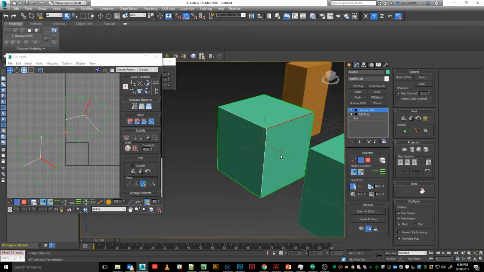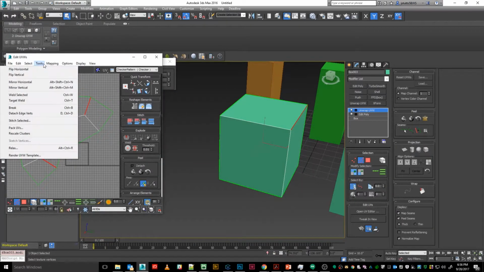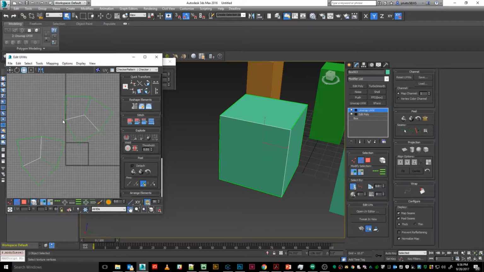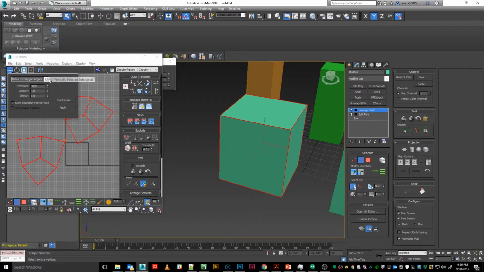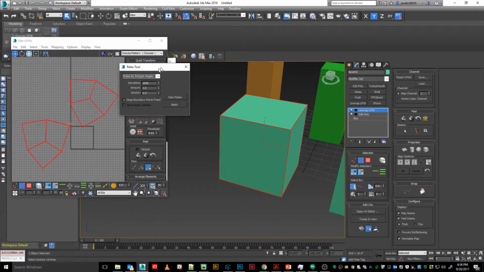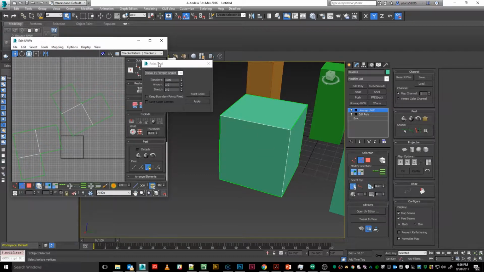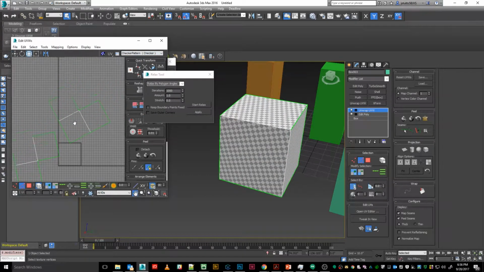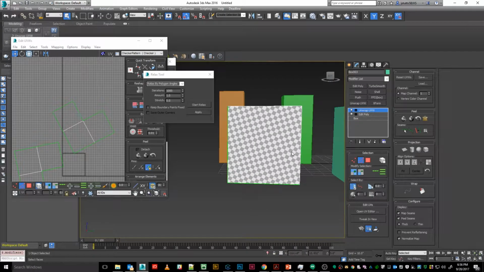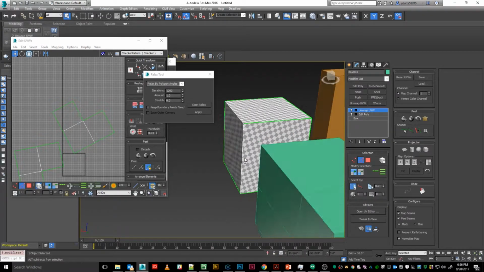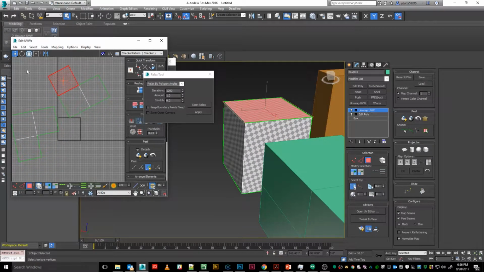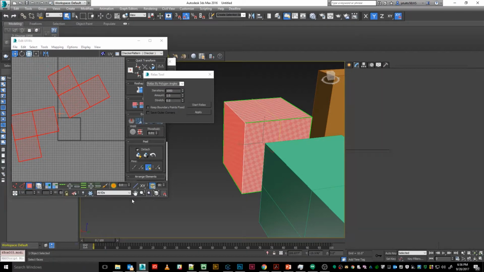I think I got them all. So now let's break those. And now, if we relax all those, we should be able to give it the proper area. So right now it's slanted just because these are slanted. It'll look pretty good